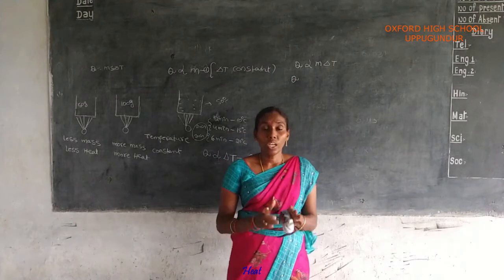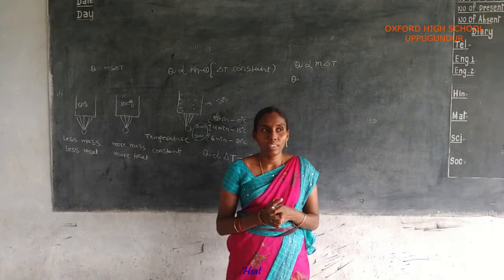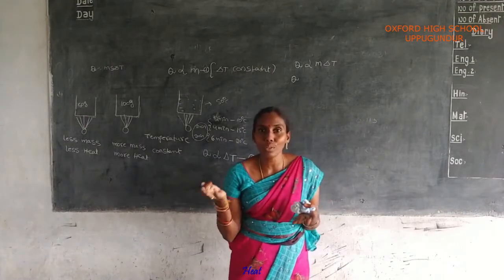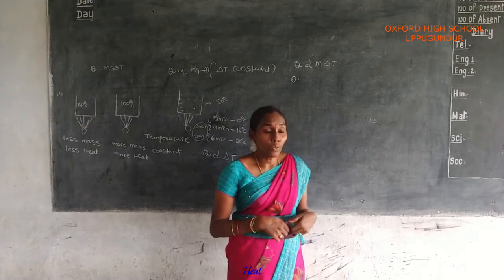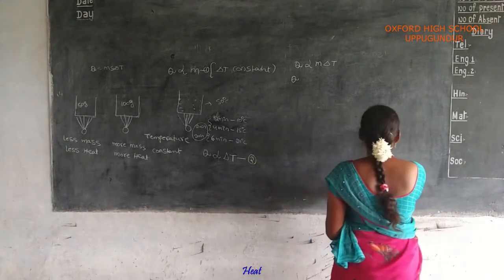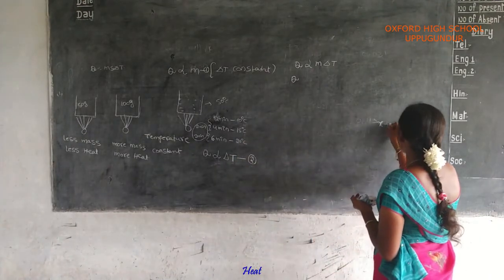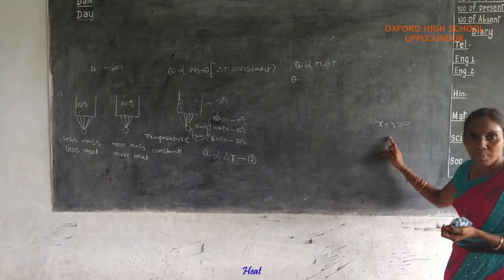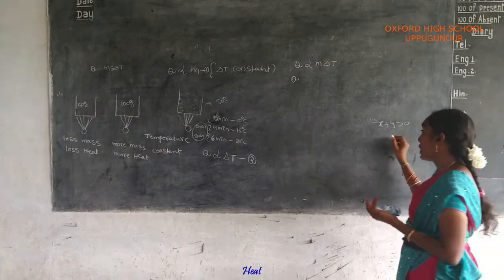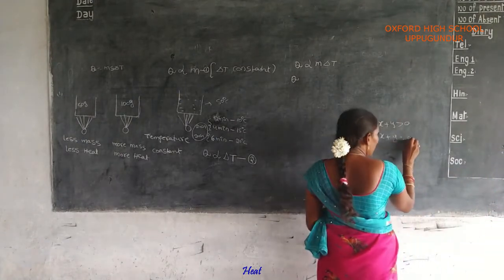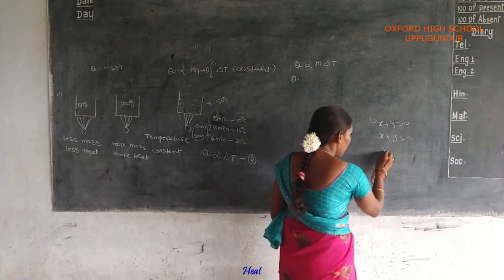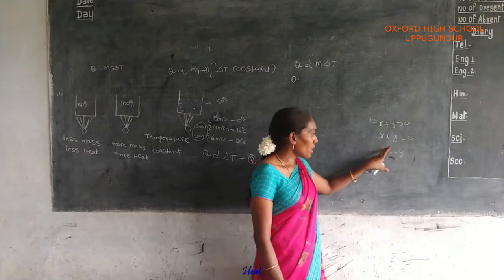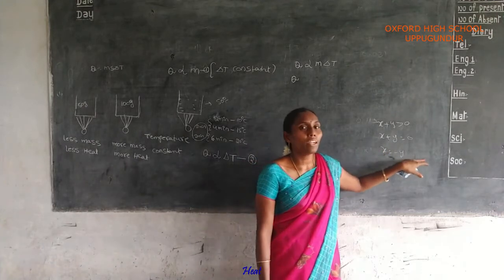Why are we removing the proportionality constant? An equation is nothing but the left side of the quantities must be equal to the right side of the quantities. When we say equation, for example, x plus y is greater than 0 is not an equation. X plus y is equal to 0, it is an equation. Here x is equal to minus y, this is also an equation. Equal means the left side value is equal to the right side value.